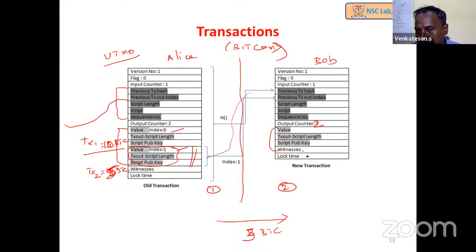And we can see there are witnesses and the lock time. Actually, what is happening is, when Bitcoin was introduced, the complete transaction, including the user signature, that is the owner making the transaction, his or her signature is part of it, so that we can ensure so and so is spending the coin, not others.